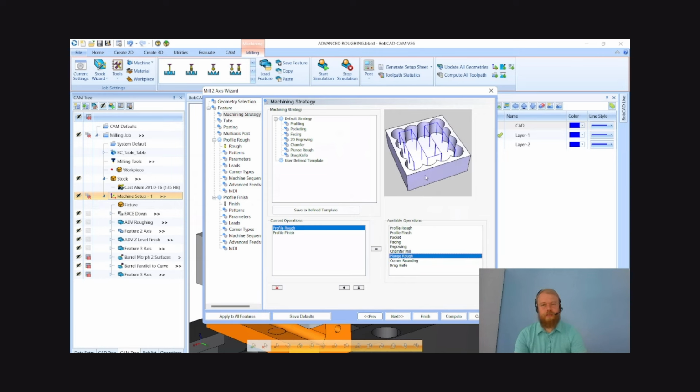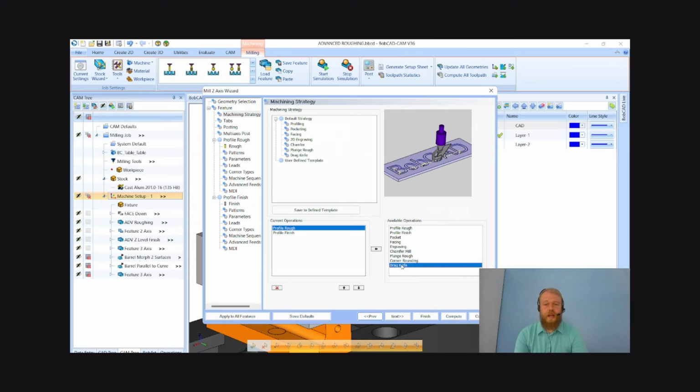We have plunge rough. I've never really used this, but if you use an end mill to plunge down to rough out some stock, we have that functionality as well. And drag knife we offer for vinyl cutting machines. And we also offer profile cutting and engraving for laser, plasma, and water jet machines as well. So we will go to